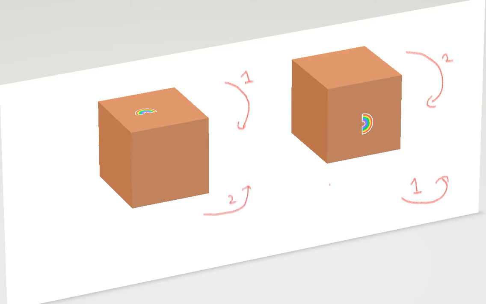Now here theta 1 bar plus theta 2 bar, and here theta 1 bar plus theta 2 bar, are not the same, because you can see a rainbow here, and here nothing is in front of you. So this case and this case are completely different. So for larger angles, angular displacement does not obey theta 1 bar plus theta 2 bar equal to theta 2 bar plus theta 1 bar. So it is not a vector quantity for larger angles.